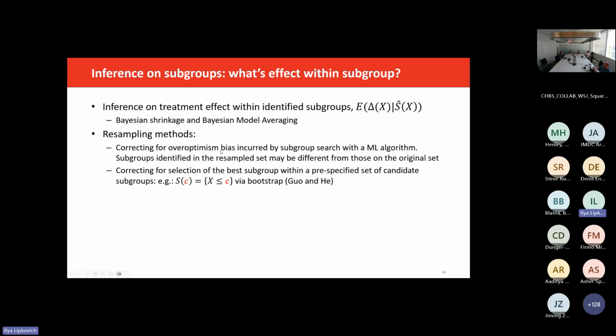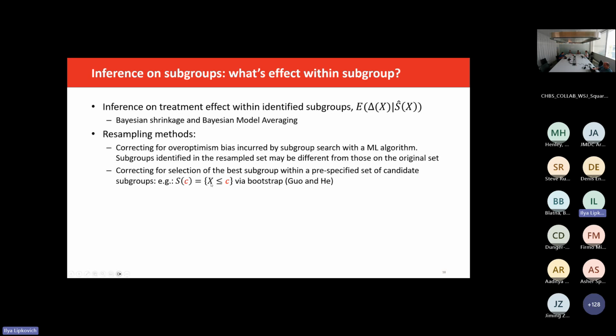Now you can apply it to bootstrap data, but the challenge is that application of the same machine learning methods to bootstrap data would give you quite different sets of subgroups. It's hard to link them, and other types of methods are more tame. They consider a well-defined set of subgroups defined by, say, thresholding one or several biomarkers. Then for each bootstrap sample, you can clearly remap them.